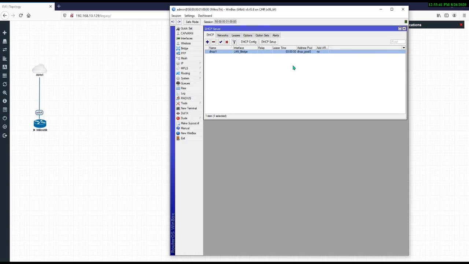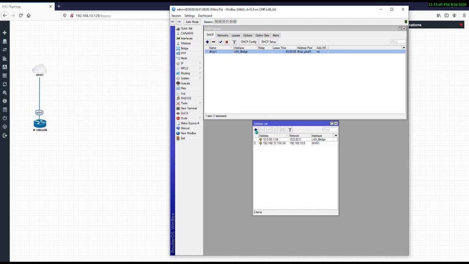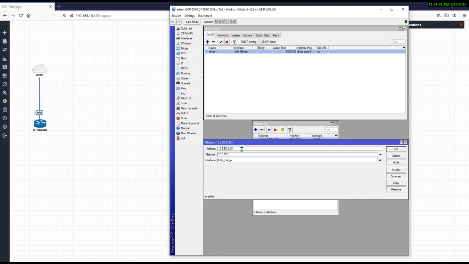After setting up this DHCP server, go to IP and Addresses and add here the gateway, like 10.5.50.1/24. The /24 is very mandatory. Select your interface, and once you click apply, it will automatically fill in the network. You don't need to fill in the network yourself.